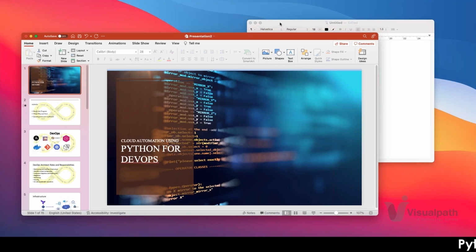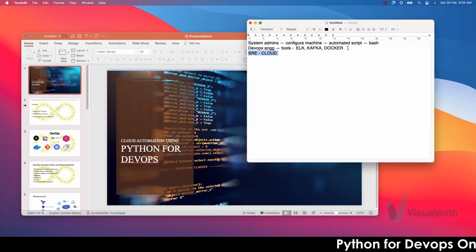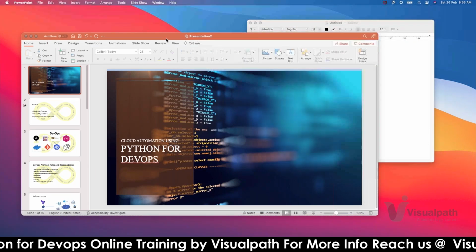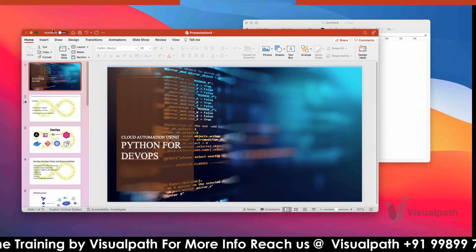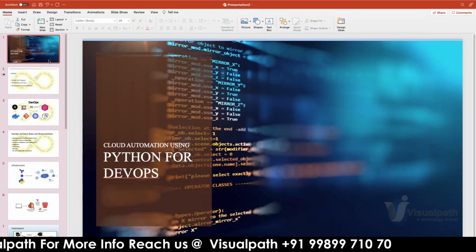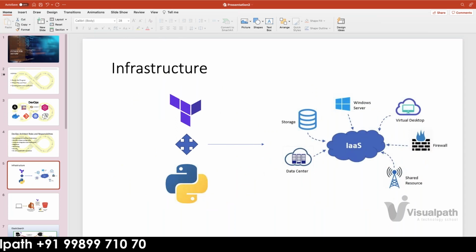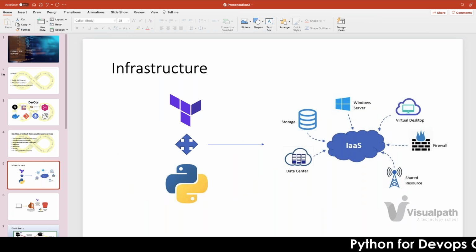Previously we used to have this with general Pythonic automation. Now we are moving to SRE cloud with cloud automation. So when we say cloud automation, how are we integrating that cloud automation for DevOps? For that to discuss,